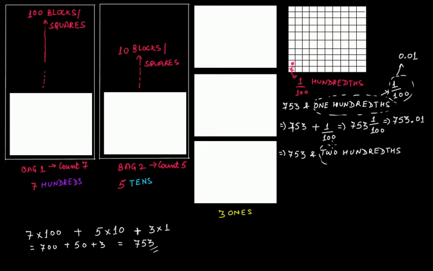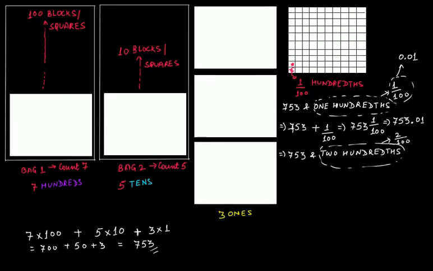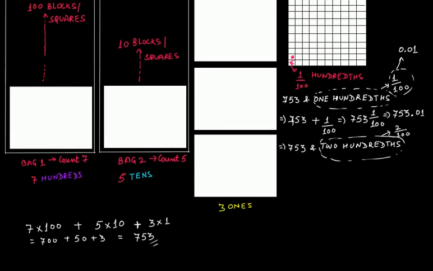This 2/100ths means that it's actually 2/100. It's 2/100. Okay, it's 2/100ths. So your number this time will be 753